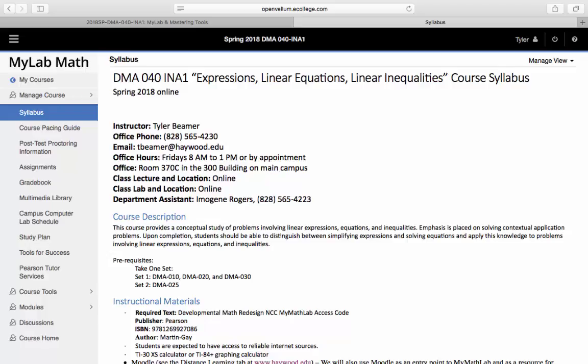And you can pay for the My Math Lab either through buying an access code or just pay for it online with a credit card, or you can get temporary access, which will allow you to get started, and you'll get temporary access for 14 days. So if you don't have the funds to purchase the My Math Lab initially, then you can do the temporary access to get started in the course, and that way you don't get behind. So you should always go to My Math Lab through Moodle. So log into Moodle, click on that icon and the yellow button, and then that'll take you into the My